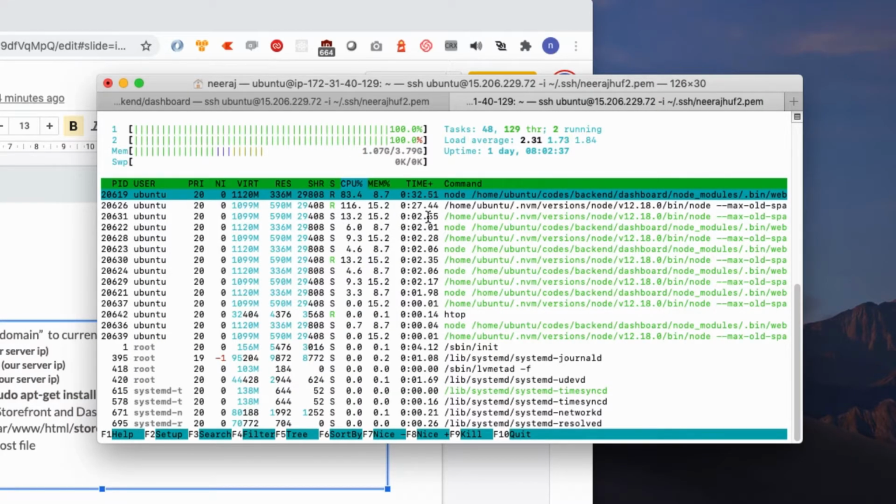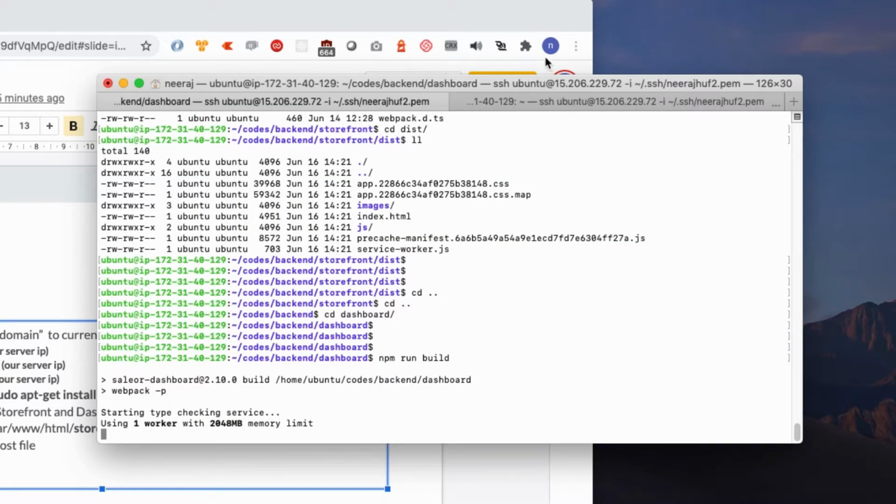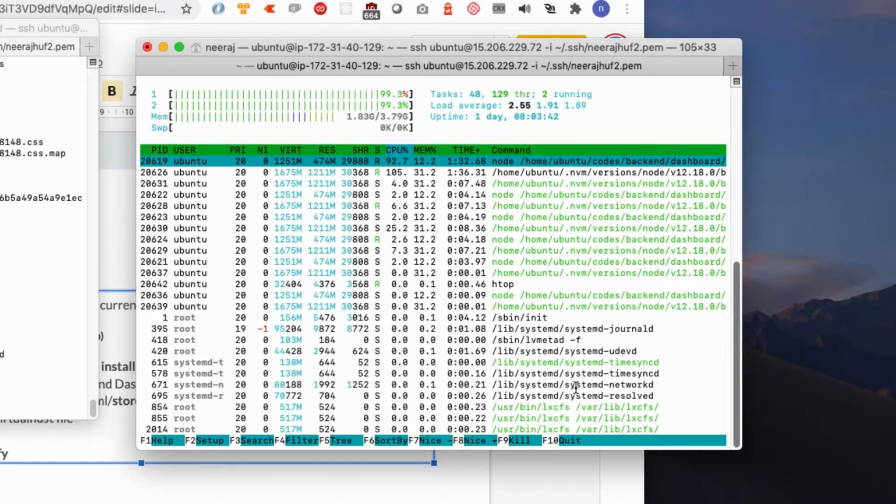We can use Git in order to manage all our code. See, my memory consumption is going to be more than 1 GB just by a single process. So you can imagine when we run our webpack, how much memory it consumes just to serve our website, which we can easily avoid with this process. See, my memory consumption has increased to almost 2 GB.